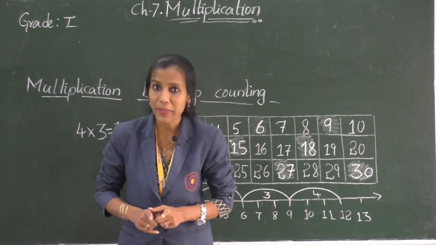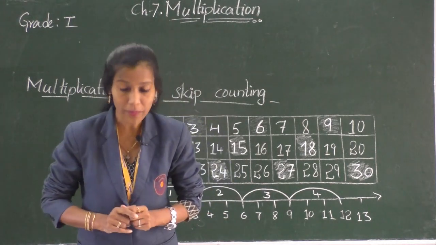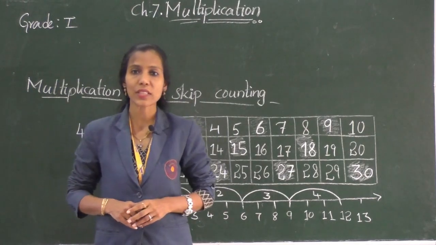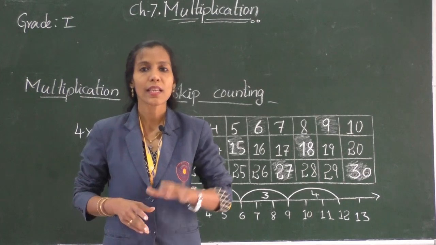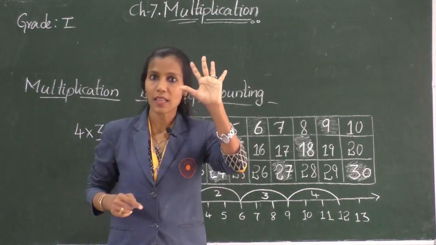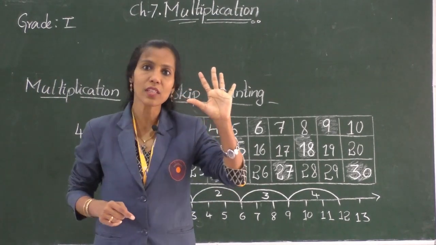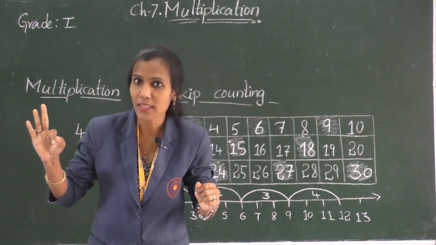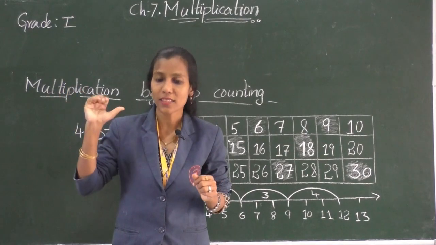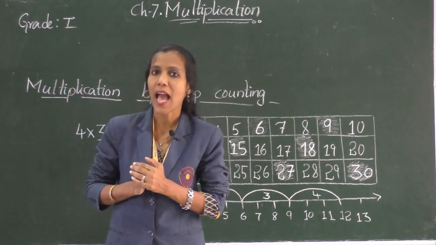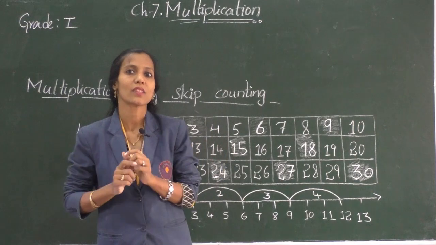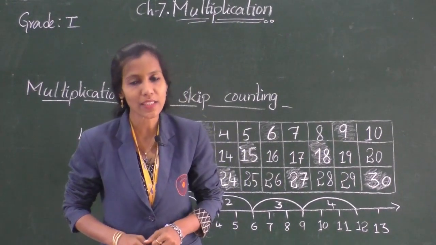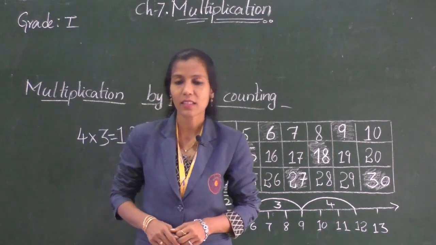Now under repeated addition, I'll give you a problem that you have to solve with the help of multiplication. So the problem is, there are 5 fingers in a hand. So how many fingers would be there in 2 hands, 3 hands, 4 hands, 5 hands and 10 hands? Hope you understood the question. Solve it and send it to me at our official mail ID.